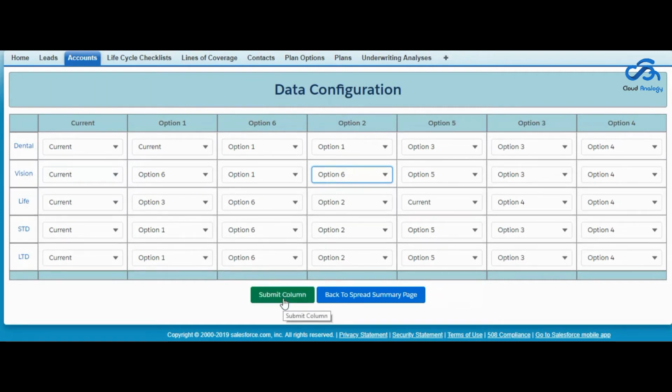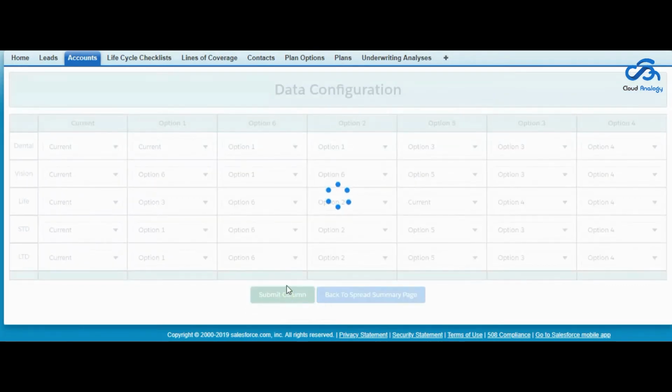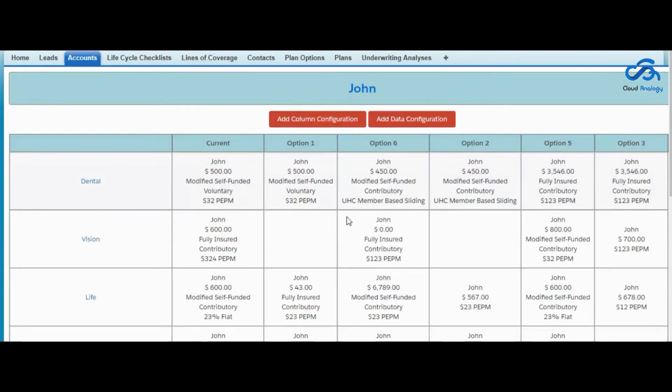It will navigate us to the spread summary page, and the data we customized will appear here in the spread summary page. It is also regarding the account.